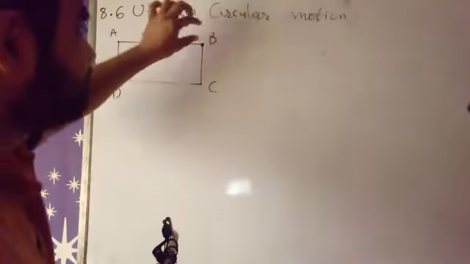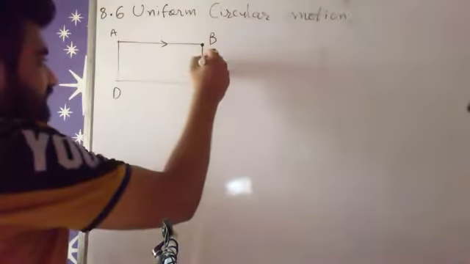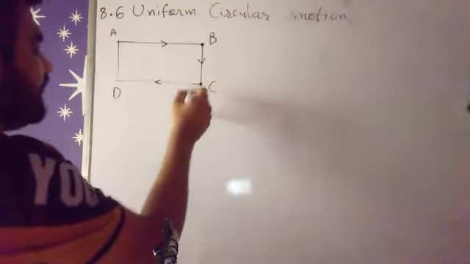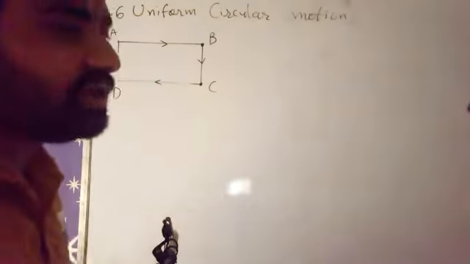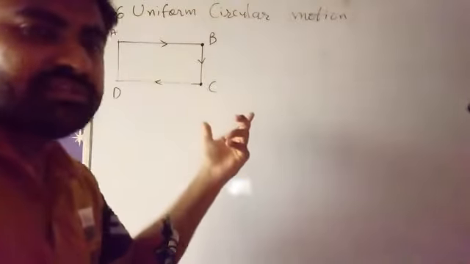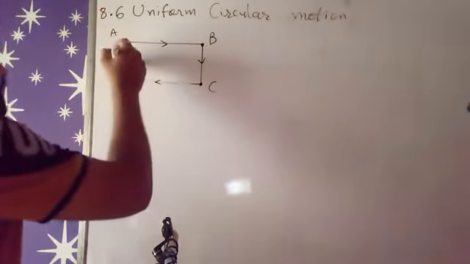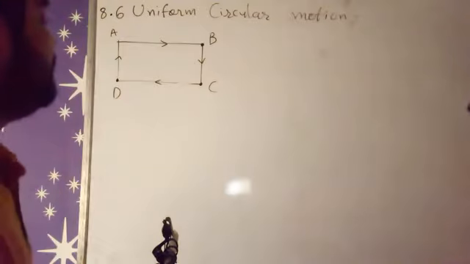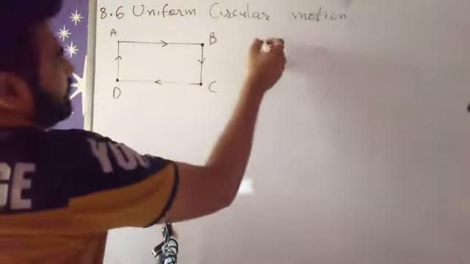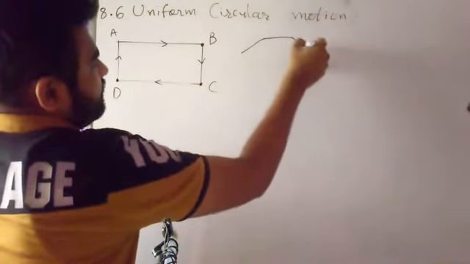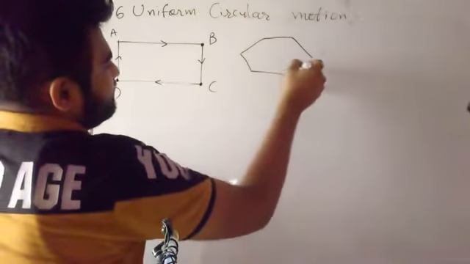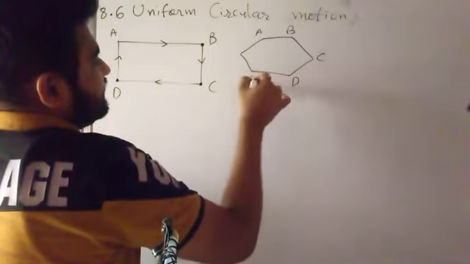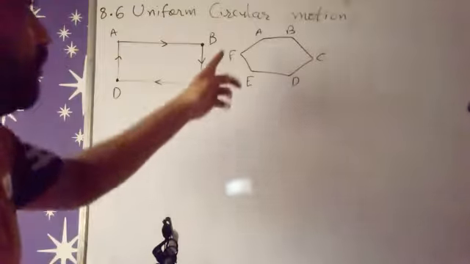Its magnitude changes a little bit. Then again, if we are moving from C to D, at this point we again have some change in magnitude. Velocity changes because of the change of direction, and similarly from D to A we have a change at these vertices. Similarly, if we have a hexagon, which has a total of 6 corners, all 6 corners have some little changes because of those corners, right?